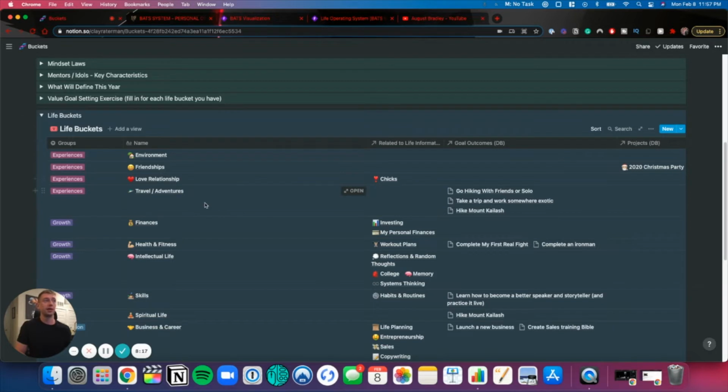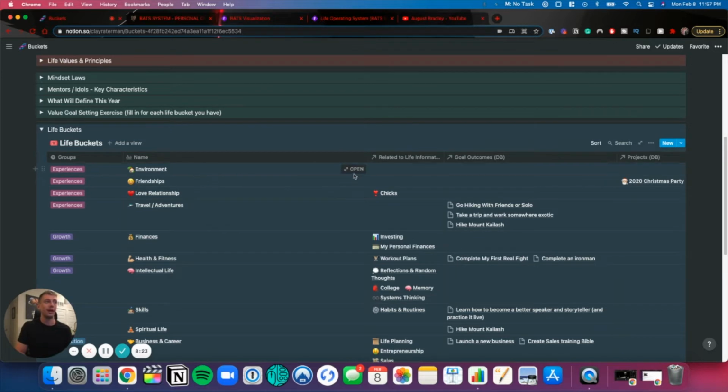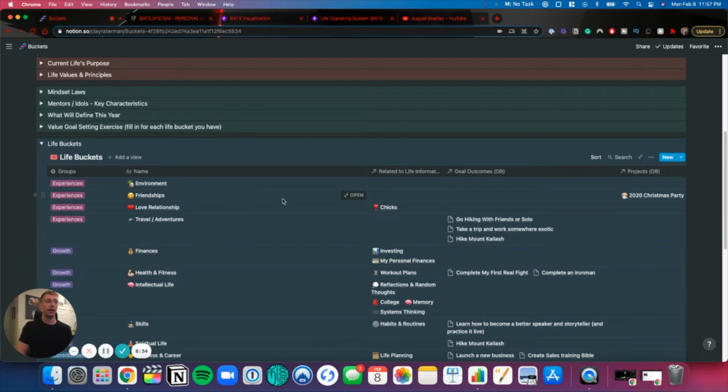So this is the life buckets database. A lot of the other systems that are out there forget about what goes inside the actual page itself. I've seen a lot of these systems where the life buckets, the pages themselves, are empty and they're just used for database purposes. So for mine, the way I defined it is each one of these buckets, instead of being blank,